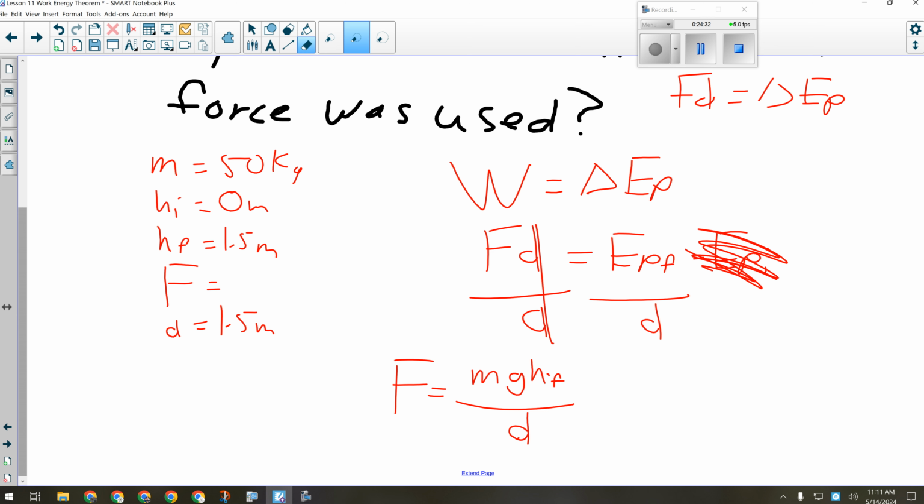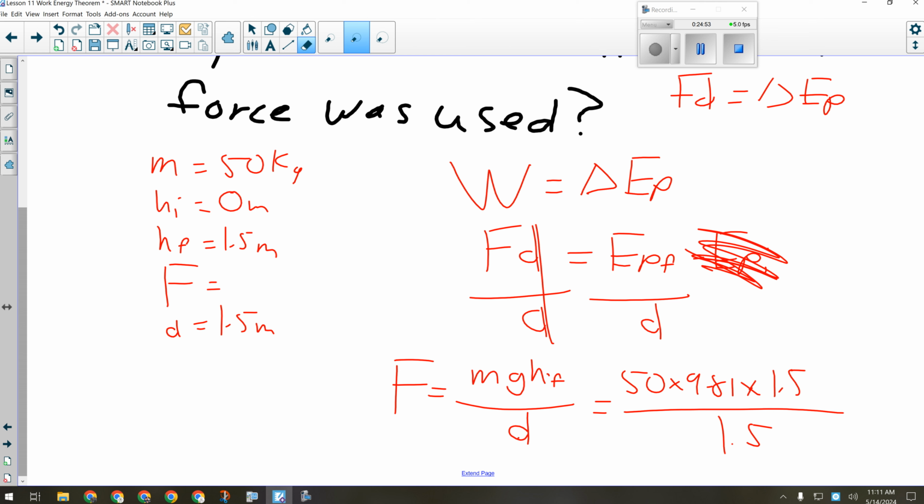If you want. You don't have to. You get the same answer either way. Okay, so I'm going to plug in my numbers here. Mass was 50 kilograms. G is 9.81 because we're assuming this is on Earth. That's another contextual clue. If they don't say Mars or something, you're on Earth. Okay, times the final height, which was 1.5 meters, and then I divide that by the distance,